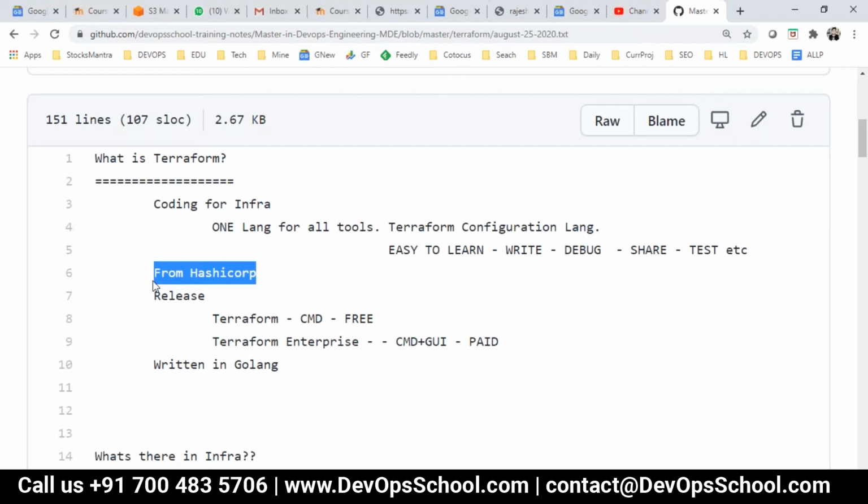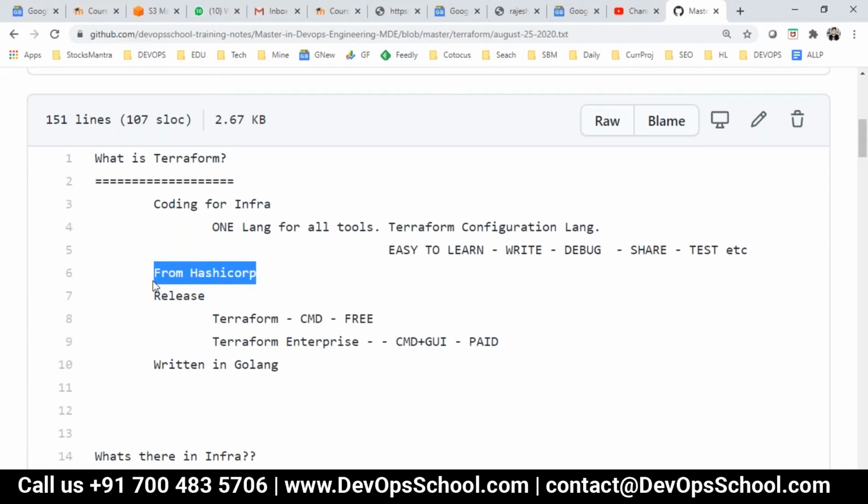So yes, HashiCorp's initial products were Vagrant, then we got Terraform, then we have Consul, we have Vault, we have Packer, we have Nomad. So many tools are there, and most of the tools we have included as part of this training. So that's one of the good things here. HashiCorp is one of the good organizations, one of the fastest growing startup companies in Silicon Valley, and it has good products altogether, right? So most of the products we are learning, like Vagrant is a part of the MD course.